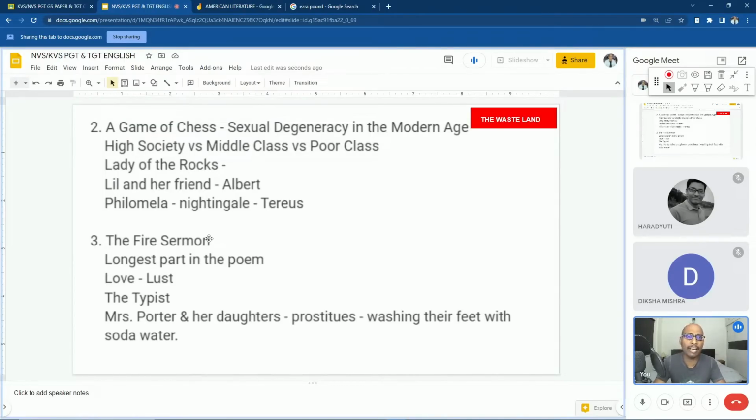They don't have any kind of emotional connection or bonding, any soul-to-soul connection. It is just practical. He came, they had sex, and they just left. She was not worried about any of it. She was not emotionally connected, and he was not emotionally connected either. So here, in the third part, the Fire Sermon, the longest part of the poem,